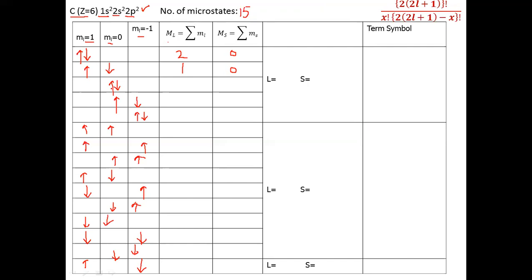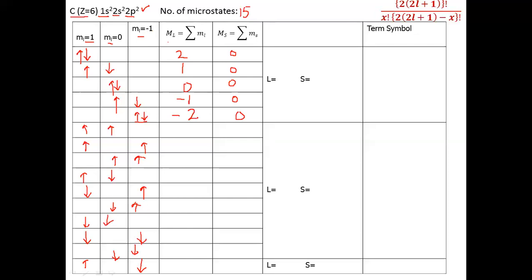So first let me calculate MS. Plus minus, opposite spin, 0. Again, one with positive spin, second with negative spin, MS is 0. For this, its 2 electrons are present with ml 0, so 2 multiplied by 0 is 0, so capital ML is also 0. For this, 1 multiplied by 0 is 0, 1 multiplied by -1 is -1, so 0 minus 1 comes out to be -1. Now for these 2 electrons with ml equal to -1, it is -2.